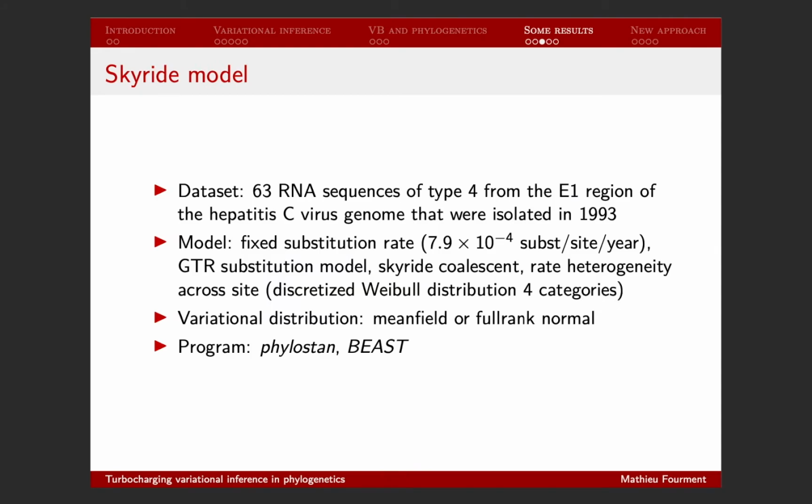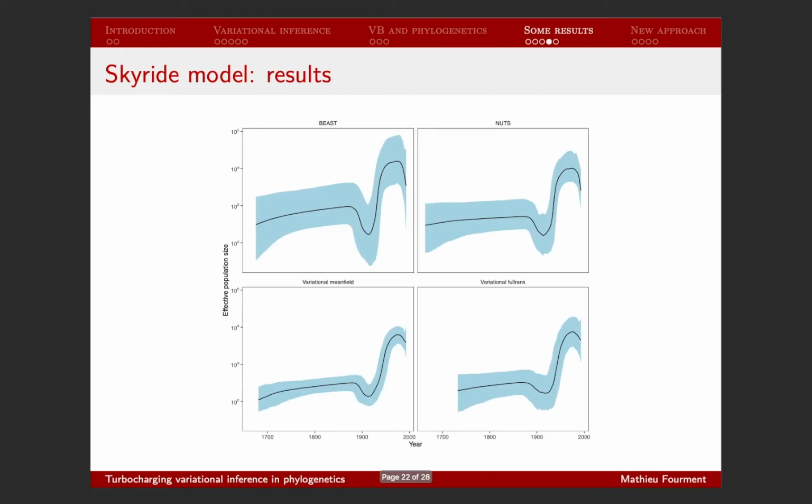Another data set, this one is kind of famous. It's using a hepatitis C virus data set from Egypt. In this case, the substitution rate is fixed, but we still estimate the divergence times. The substitution model is just GTR. Now in this case, we've got a Skyride coalescent model and also some rate heterogeneity. And here again, I use phylostan and BEAST. So top left, we've got BEAST. Here we're just going to consider that's the right answer, and we want to be as close as possible to BEAST. So you can see that the variational inference is getting the right ideas, going up and down and up,